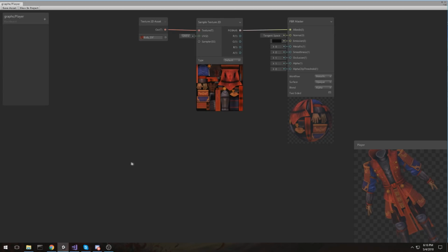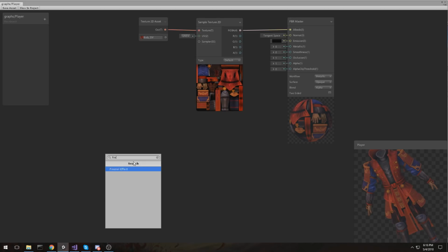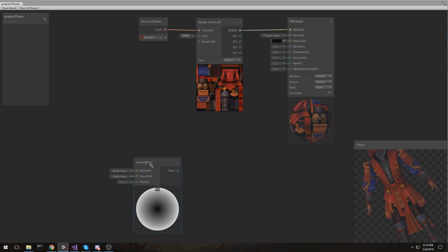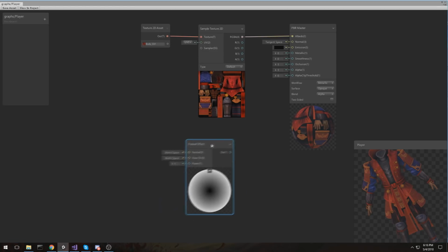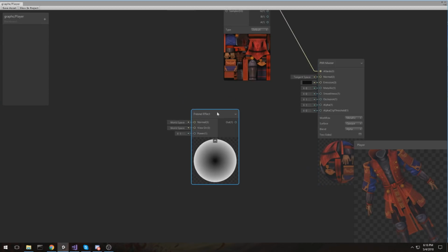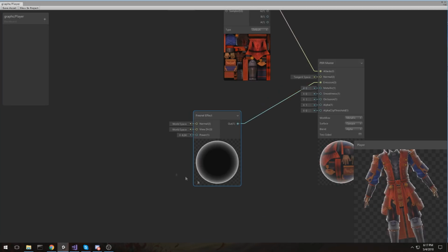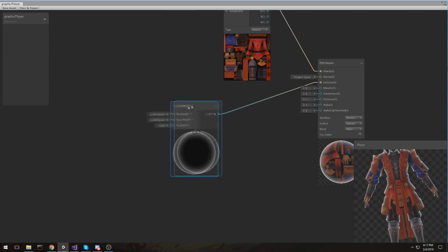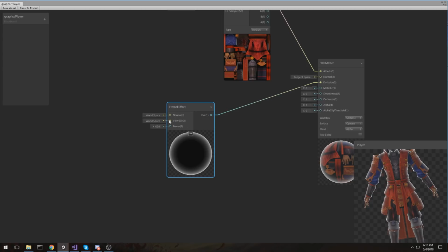So we're going to press the spacebar, start typing Fresnel, and here it is. Now we really don't have much at this moment. We only have this one channel as an output. It says output 1 and it's just an alpha channel. But if we just drag it under emission, now every time you create a node, especially an effect node, it would be fairly cool if you have a look at the input, because the input is what makes something out of that. And they always have a default, so in this case the default is world space on both fields,